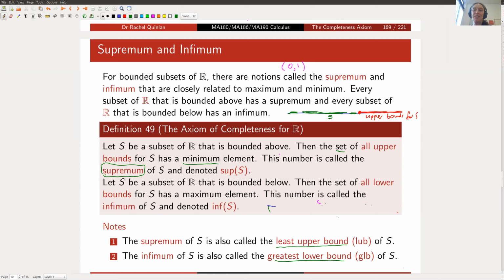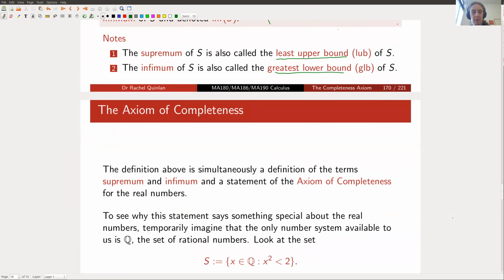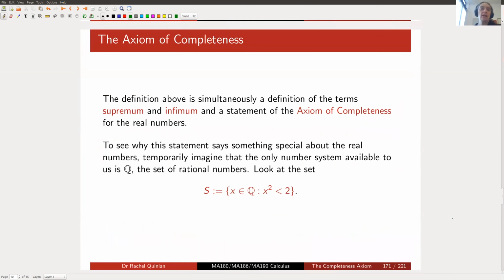To try to persuade you that this is worth being interested in, I wanted to argue that the same would not be true if we replaced the real numbers with the rational numbers, and that's the last example. The claim is that this axiom of completeness, as we've stated it for the real numbers, wouldn't hold if we replaced the real numbers with the rational numbers. What I mean is that if we take a set of rational numbers that's bounded above, so it has upper bounds,